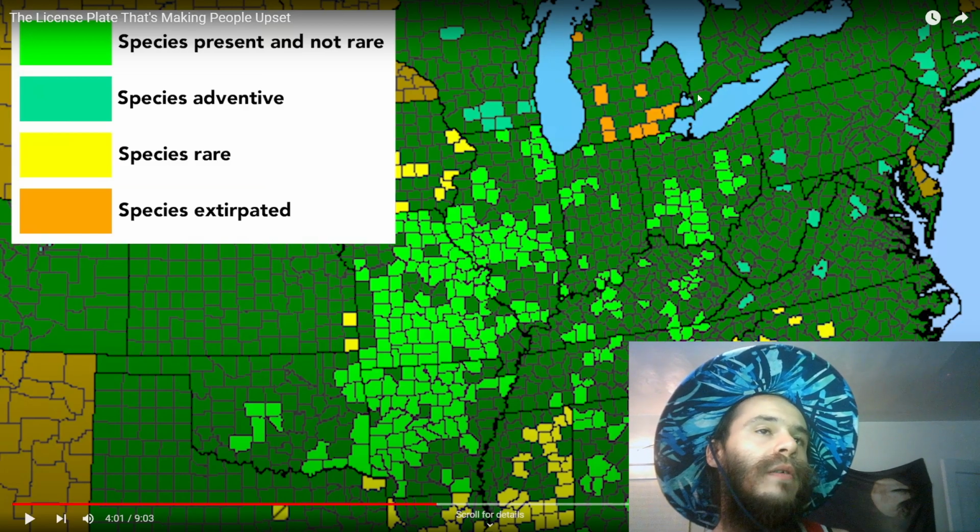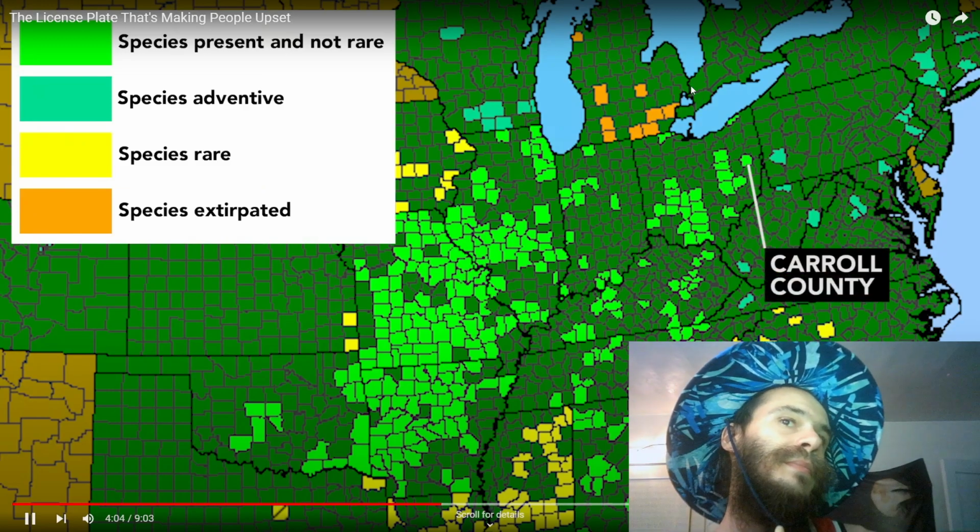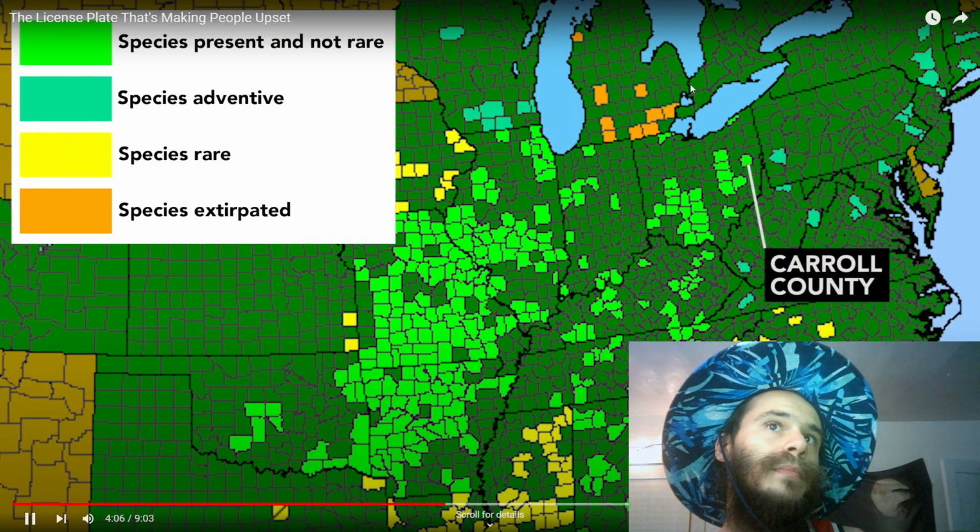I get it, obviously. Purple coneflower is native to this county right here, Carroll County, which is located only 23...